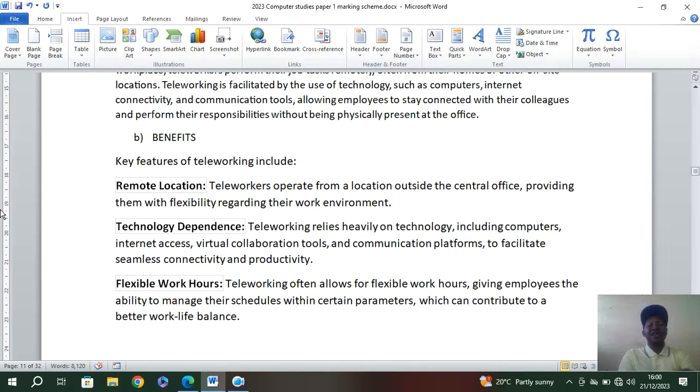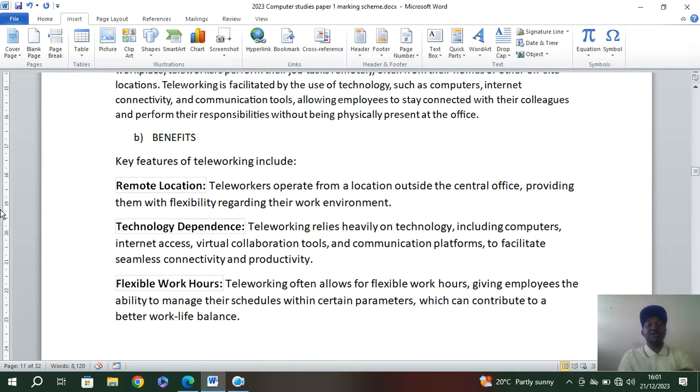Telecommuting relies heavily on technology, including computers, internet access, virtual collaboration tools, and communication platforms to facilitate seamless connectivity and productivity. We can also talk about flexible work hours. Telecommuting often allows for flexible work hours. That's an advantage, giving employees the ability to manage their schedules within certain parameters, which can contribute to a better